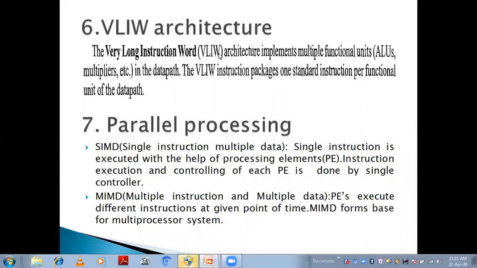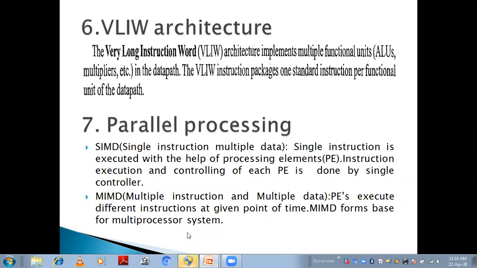Next, parallel processing architecture. To speed up execution of your program, parallel processing architectures are used. There are two types of parallel processing architectures. One is SIMD, single instruction multiple data.